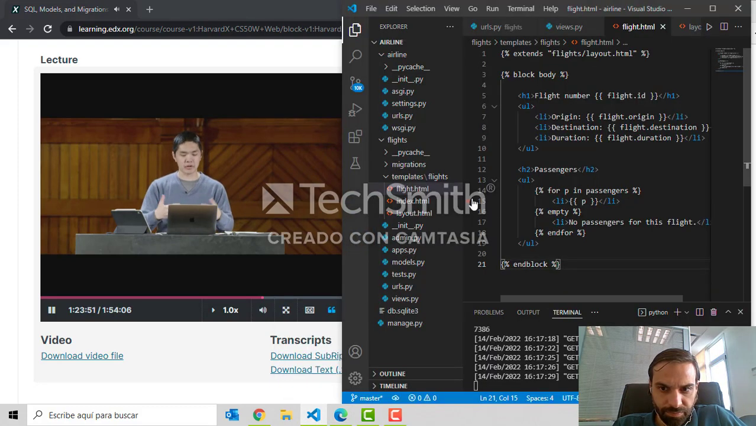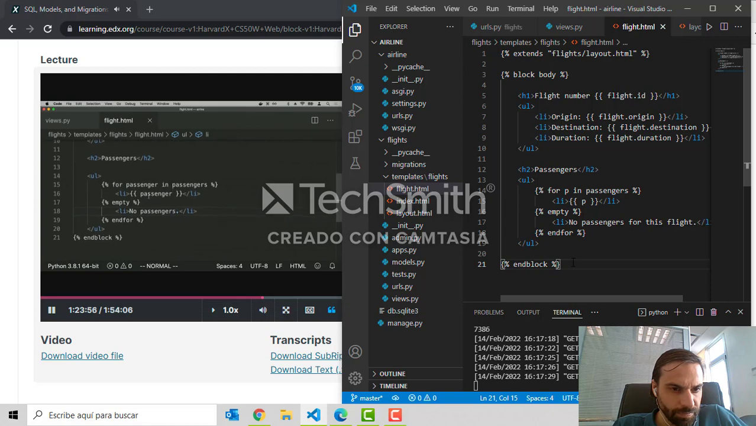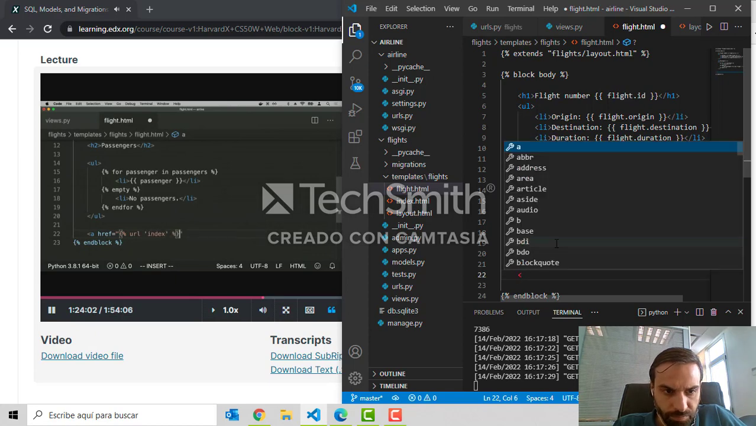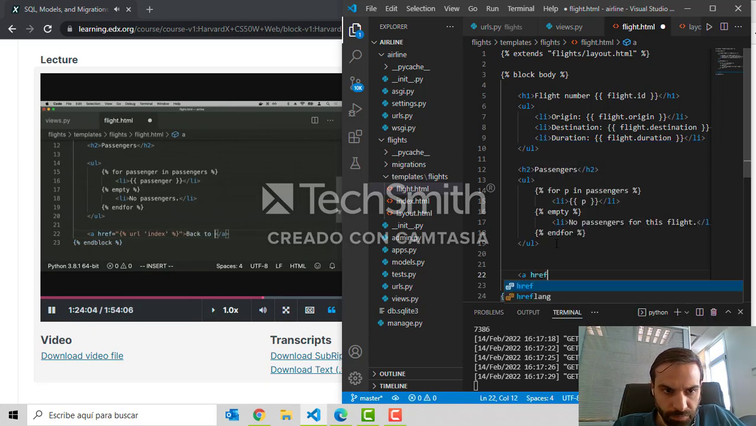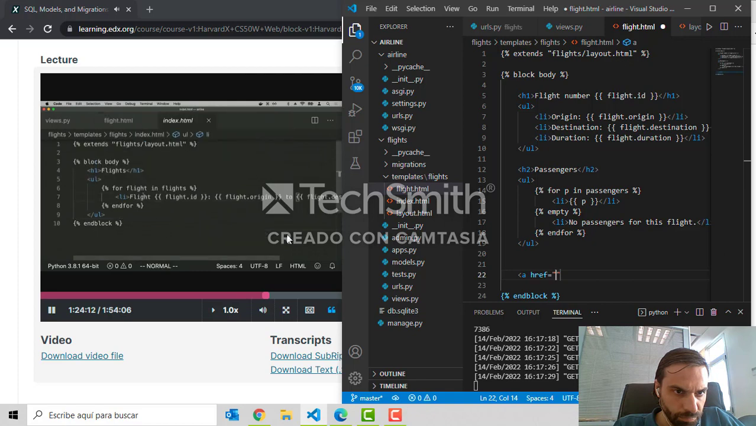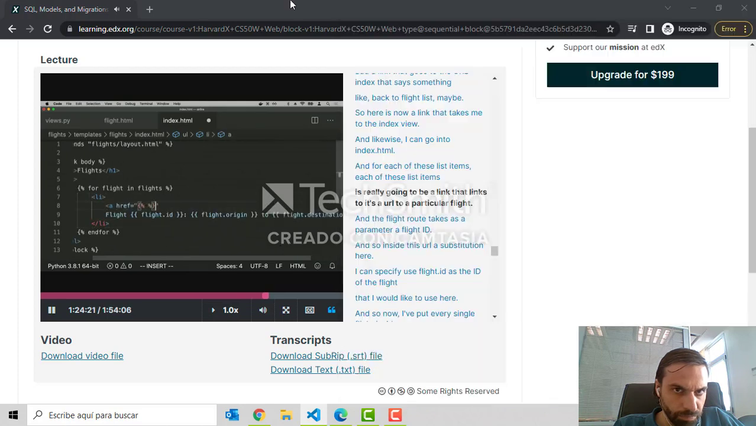I could link to those pages if I want to. And the way I might do that is, on the flight page, add a link that goes to the URL index that says something like "back to flight list," maybe. So here's now a link that takes me to the index view. And likewise, I can go into index.html. And each of these list items is really going to be a link that links to a URL